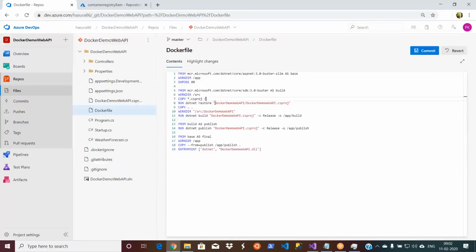And then you have this .NET restore, right? This also I can make relative. Remove these double quotes. And I don't even need to give the .cs project, because it contains only one.